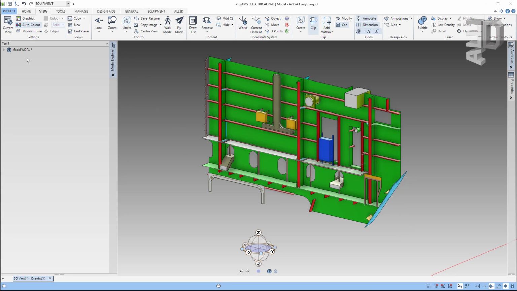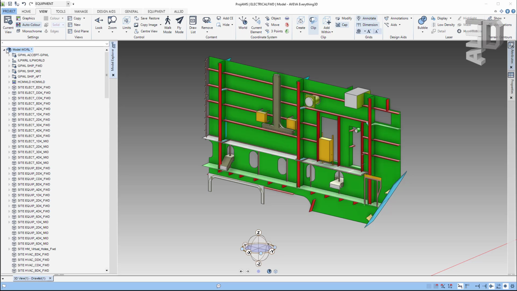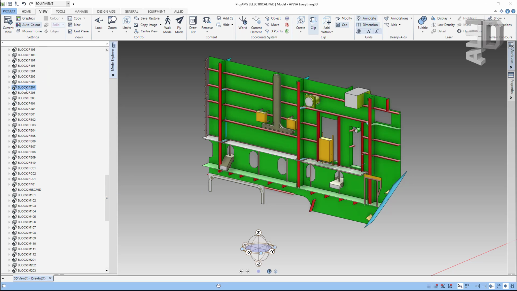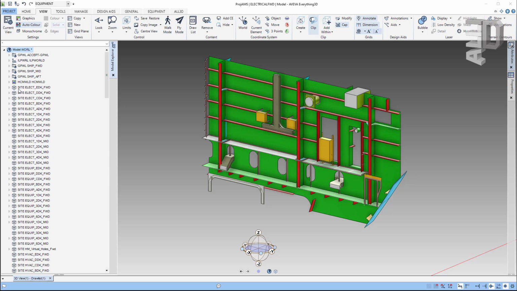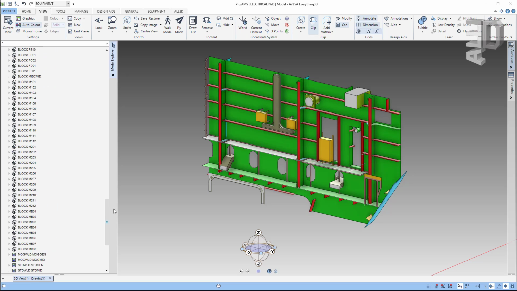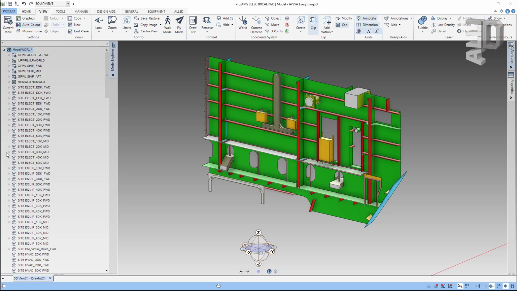The model is organized in hierarchies. The top hierarchy element is the model world. Then the main elements are sites, and for marine projects, blocks for the hull elements. Additional hierarchies are group worlds and other hull organizational elements, and many more. Most important for the model are the sites,